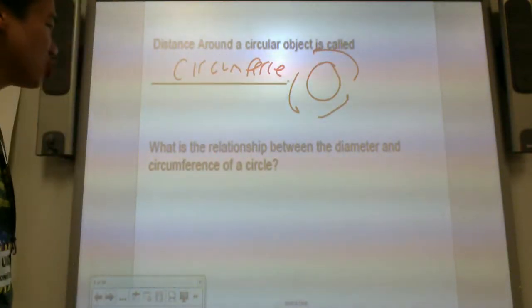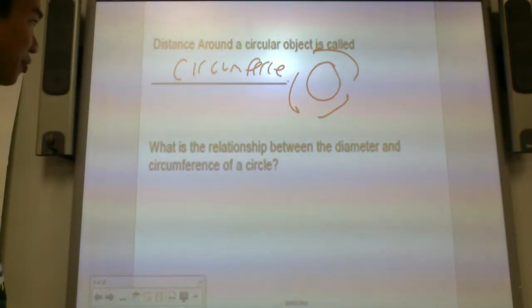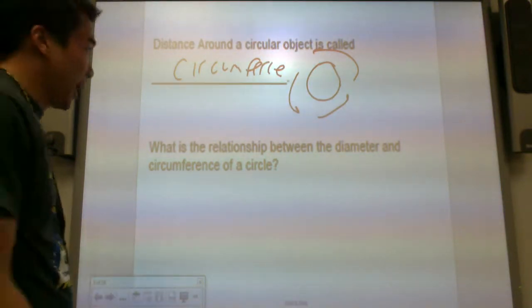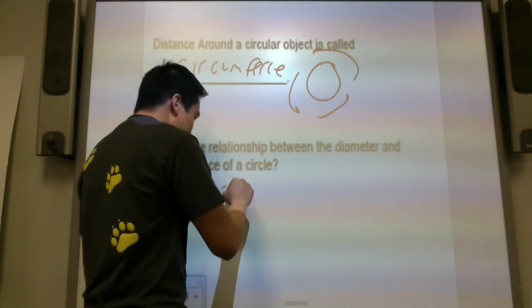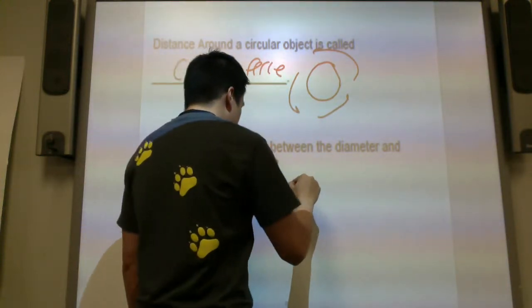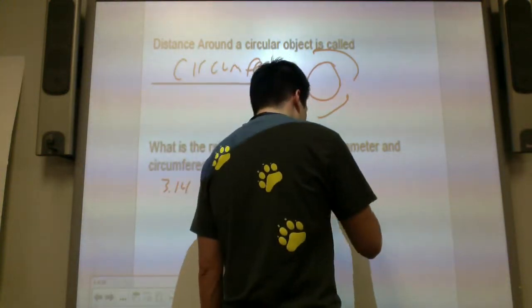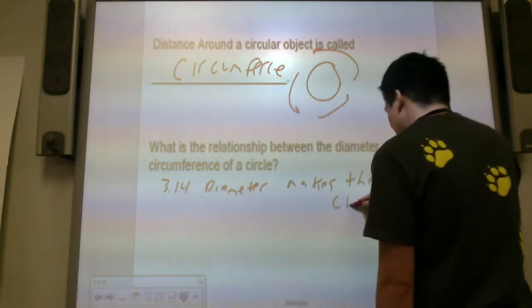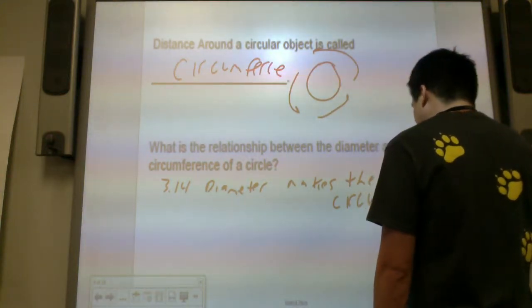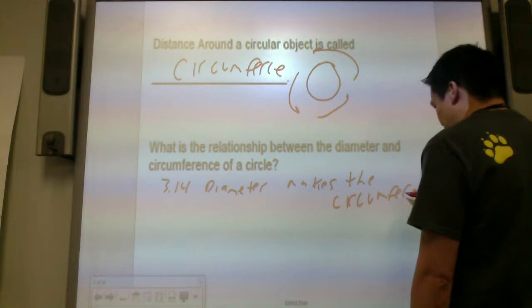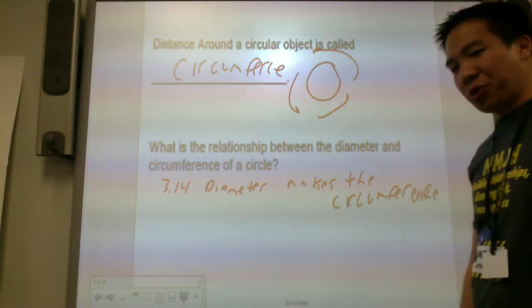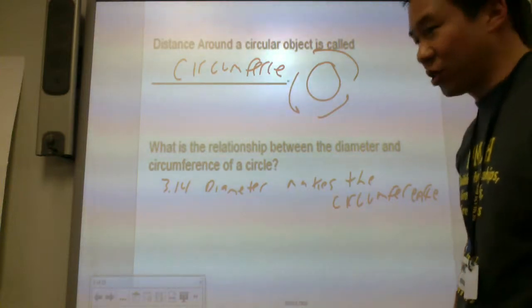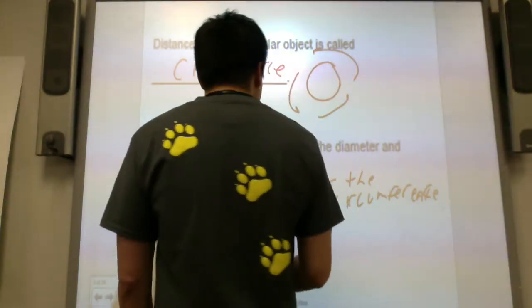What is the relationship between the diameter and circumference? Well, from what I can tell, 3.14 diameters make the circumference. That's one way I could say it. Or another way, we estimate about three diameters make a circumference. Another way to say it is